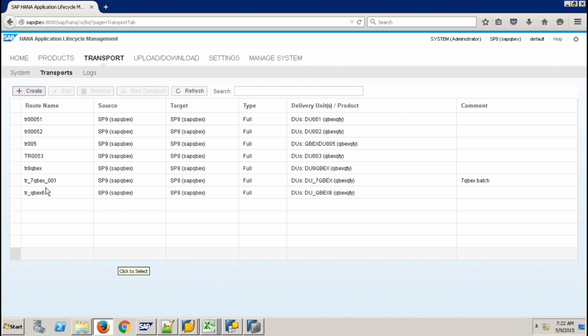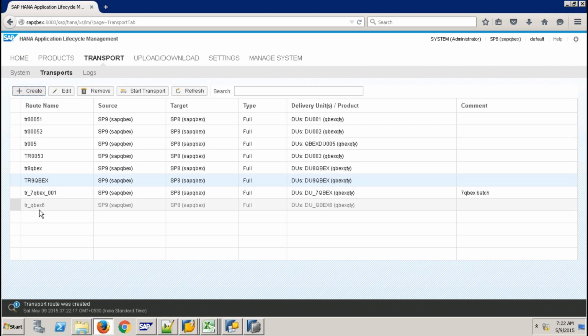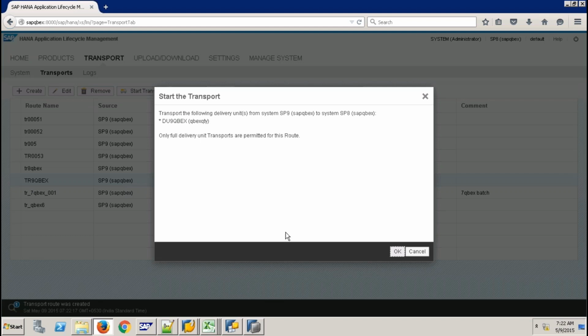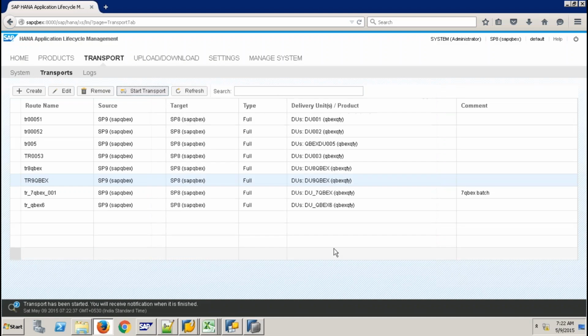So I should see TR, yeah, this is my delivery unit, TR 9 cubics, right? Select this, select the route, and say start transport. Okay, now if I go back to my other system, I should see,